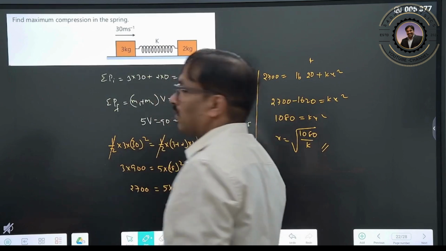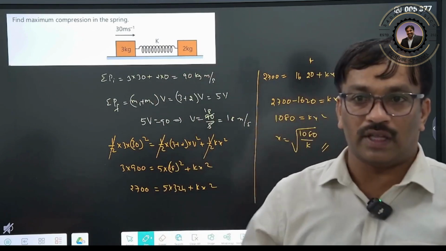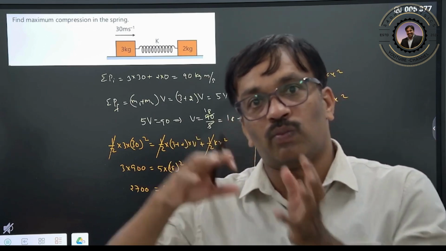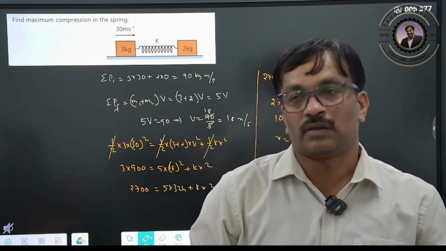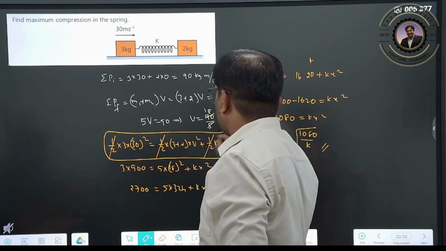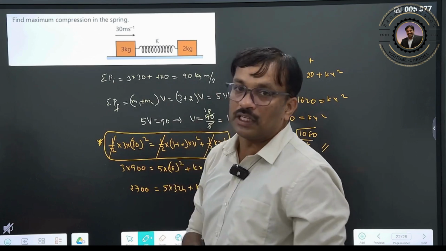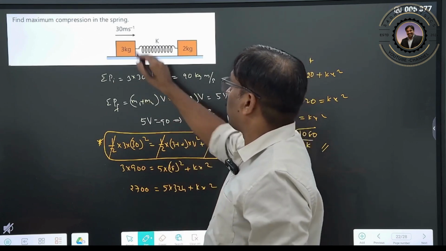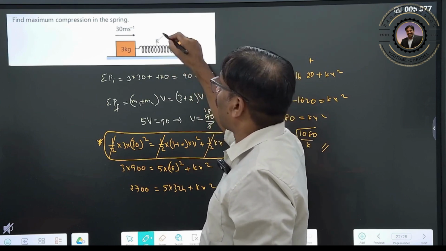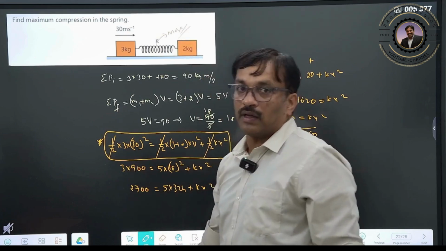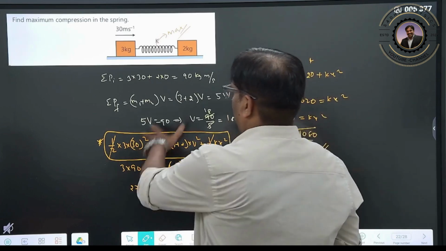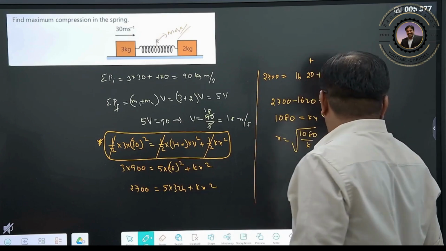Here there is one very good learning: if there is a spring connected, they will have maximum compression when both the objects have the same speed. Clear? Then you can apply the law of conservation of energy, and then you can calculate the maximum compression in the spring. Two learning things: we are providing one speed so that they move with some common speed. At that time only will maximum compression take place. This is one point. Then again you have to apply the law of conservation of energy, then you can solve whatever problems come up here. This is one of the greatest learnings in